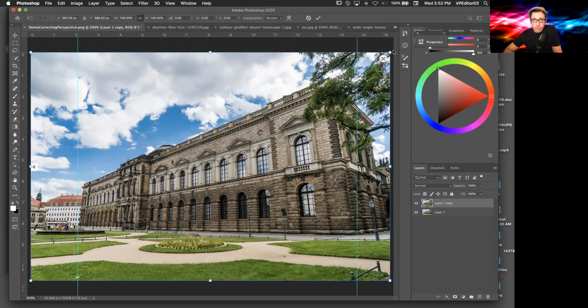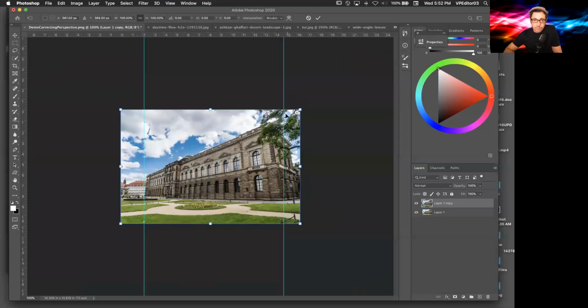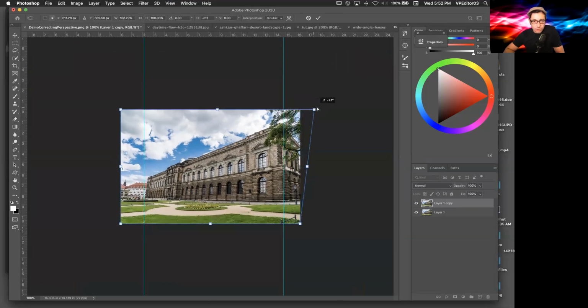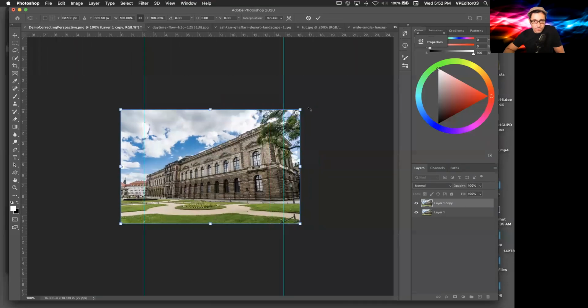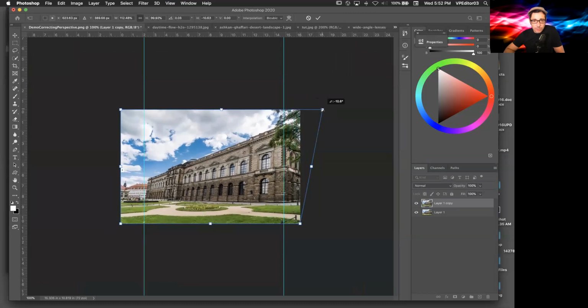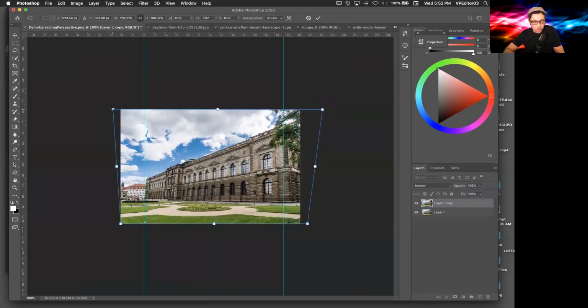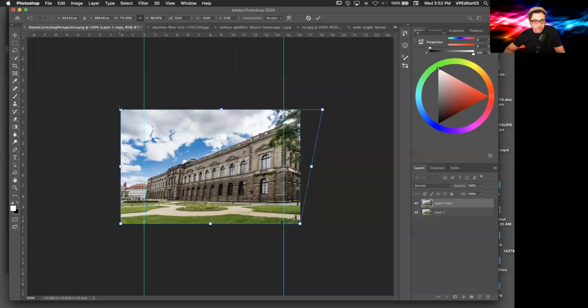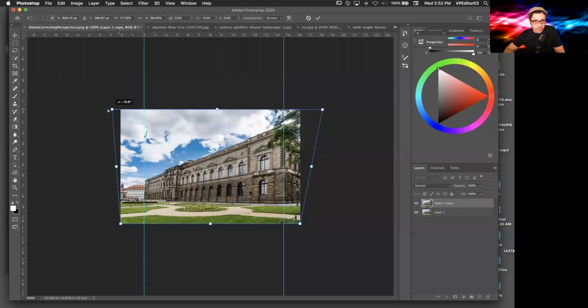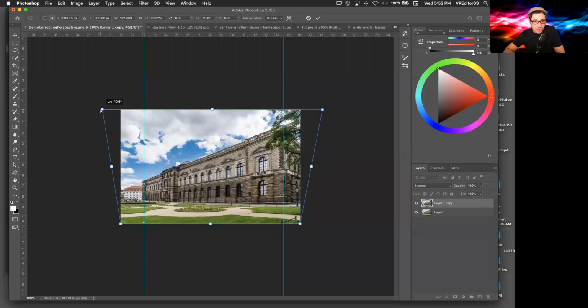I'll do a transform, T for transform, and now I want to hold down Control, it allows me to pull one side. If I hold down Control Option, it allows me to skew the image. That's not what I want to do. Okay, so once I have them lined up,